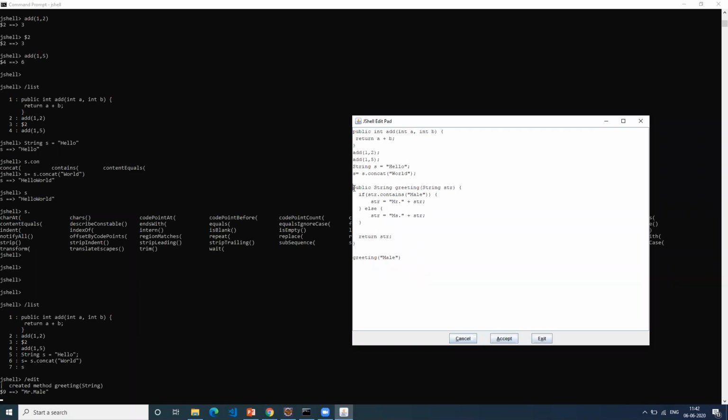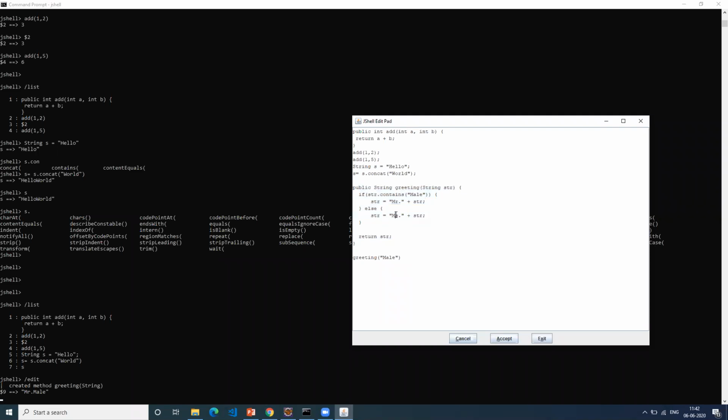Assume this code is your business logic, a complex code that you want to try out and experiment with. Now what you'll do is copy this code, put it in your application, and start working. You don't have to have an editor or IDE, you don't have to create a new Java project, then a Java class, then public static void main. Nothing of that you have to do.